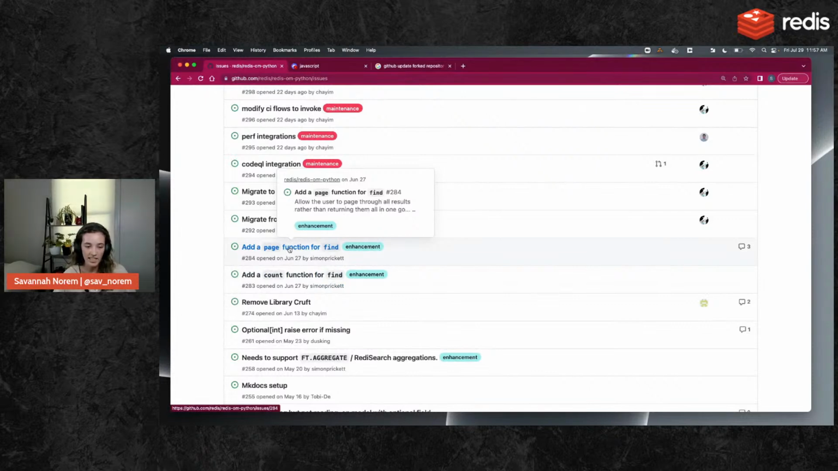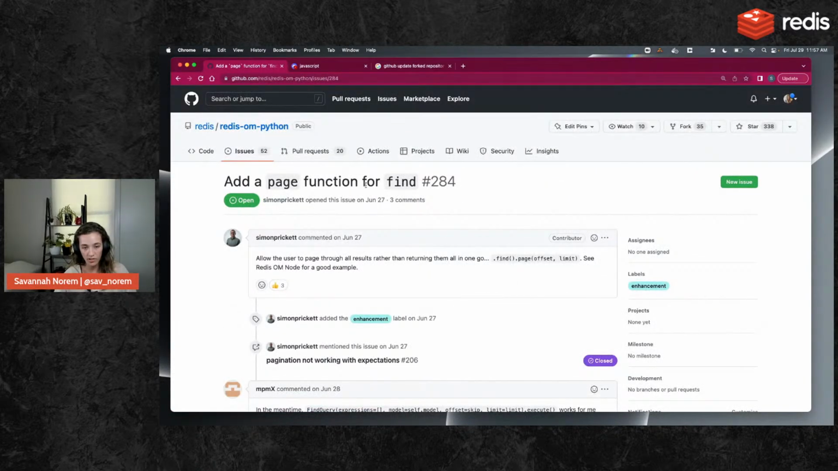The one that found me is adding a page function for find. So this came up actually in our Discord channel for Redis OM Python. If you don't follow us on Discord, I'll go ahead and plug that real quick